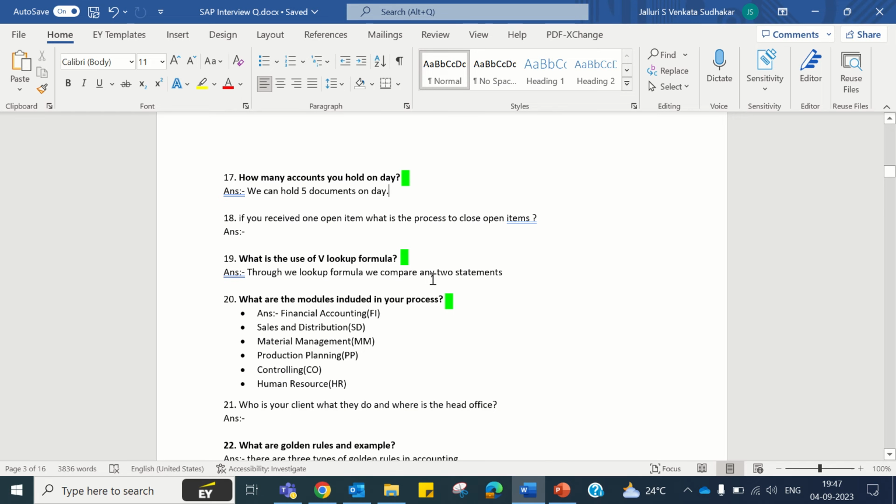How many accounts can you hold per day? So we can hold documents up to